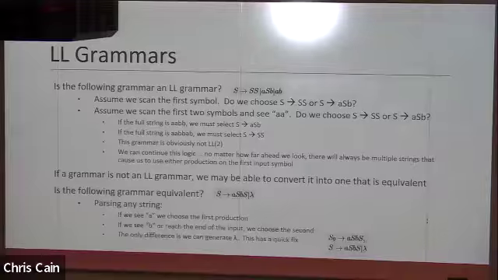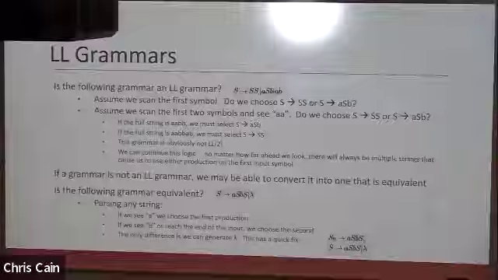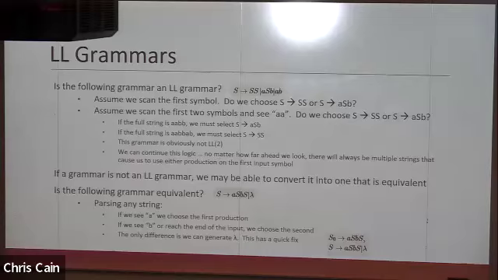So we need to fully explore that non-deterministically and halt if there is a problem. Sorry, halt if we end up with a solution. And that process is a lot more complicated. So if a grammar is not an LL grammar, we could attempt to convert it into an LL grammar. There are equivalent forms that are LL or not LL. And you can increase or decrease the length of the look ahead, LL1 versus LL3 versus LL12, by converting to equivalent grammar forms. But it may be completely baked into the language itself that there is no equivalent form that is LL or is less than LL of some constant K.